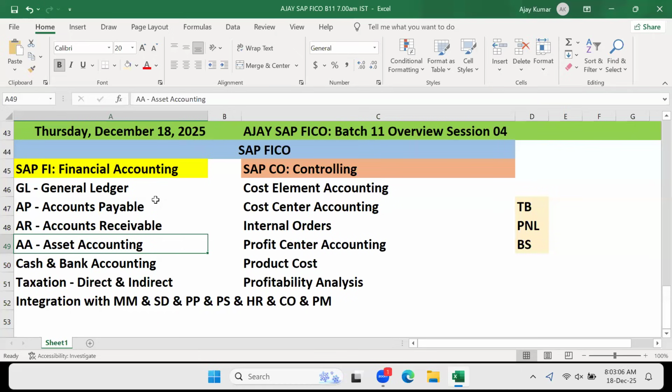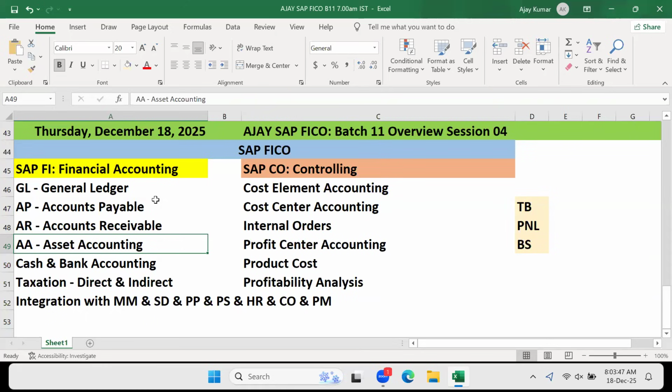So that whatever I'm spending, I will charge it to this cost center. End of the month, if I want to know how much I spent on the CEO this month, or from the last 6 months, how much I'm spending on the CEO. This analysis I don't get only by looking at the salary, correct or not? I should also look at how much rent I'm paying for their accommodation, what are the utilities that I paid, how much salary I paid for the housemate appointed in that house, and what is the expense that I spent for their fuel, driver salary, mobile phone bill, different other maintenance, correct or not?